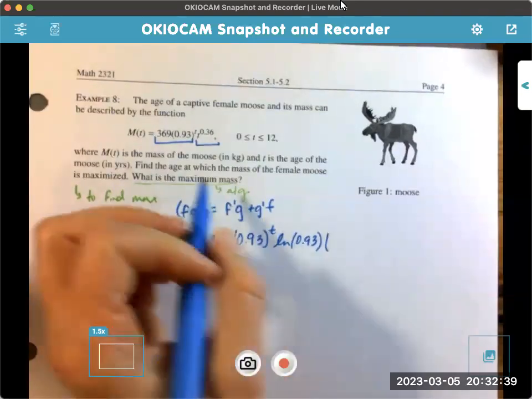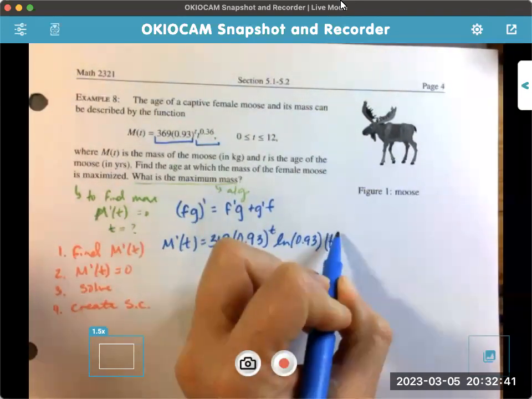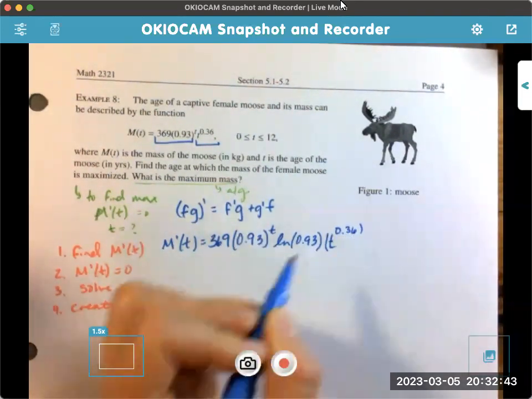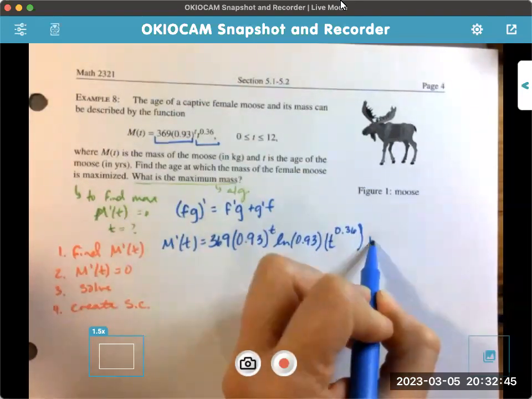And then times g, so that's just t raised to the 0.36, plus g